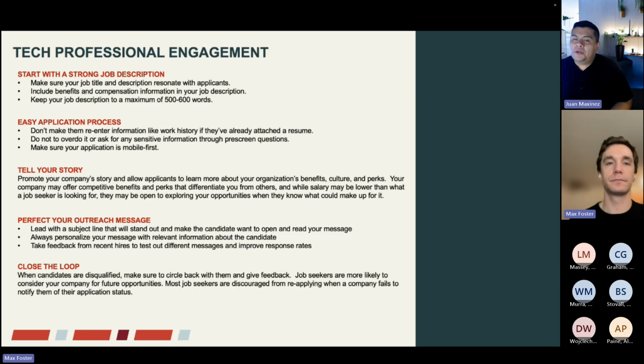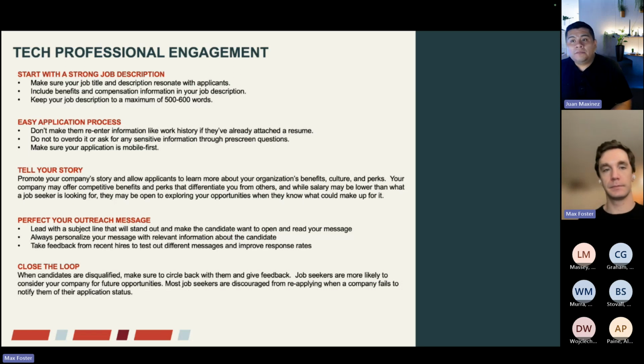And so when you're posting jobs, you just want to be considerate of that, because title holders are looking for essentially the most common job title that they're normally used to seeing. So keep that in mind when you're posting. And then also, we recommend around 500 to 600 words for your job description.